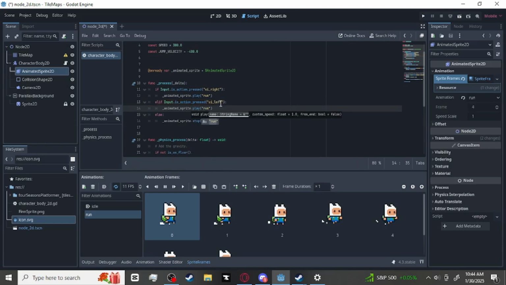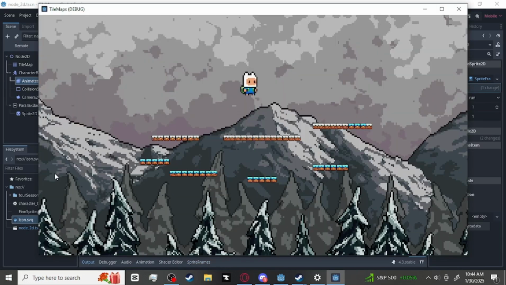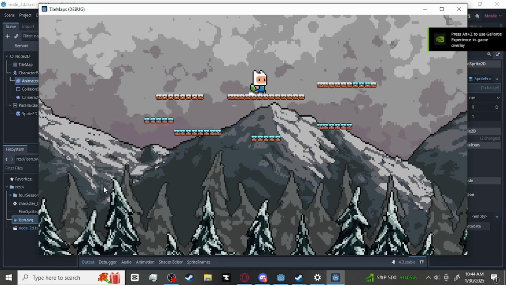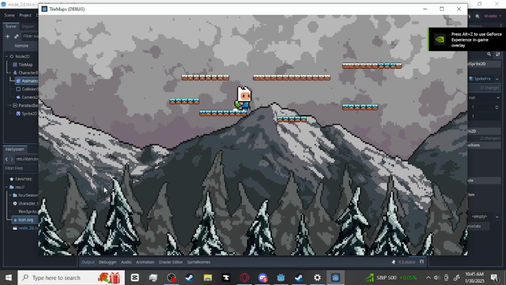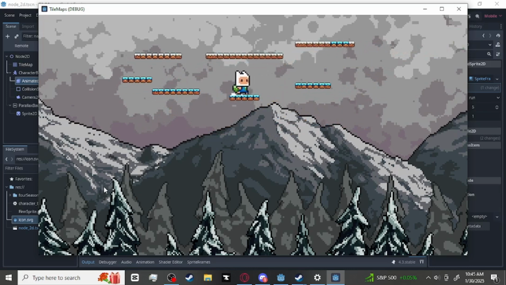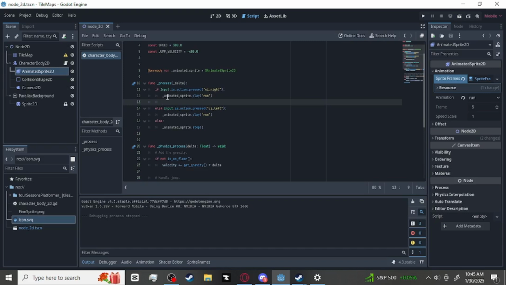Now that we did that, let me go in here real quick. Okay, I haven't done it right yet, but as you can see, we're running no matter which way we go. However, we're not flipping around. Now, if you want to change that, what you need to do is